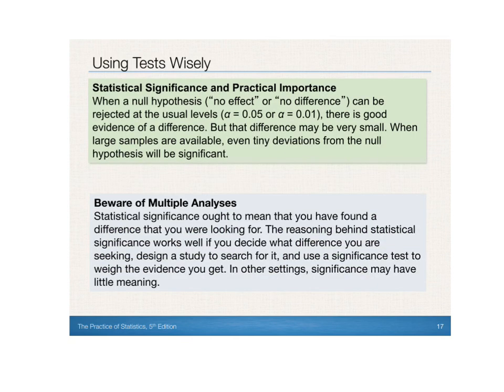Okay, last, statistical significance and practical importance. When the null hypothesis, or basically no difference, can be rejected at the usual levels of 0.05 or 0.01, there is good evidence of a difference, but that difference may be very small. When large samples are available, tiny deviations from the null hypothesis will be significant. So basically, it can be proven to be statistically significant that there is a difference, but that difference itself might not be significant. It might be that there's a difference between the two groups of something super small that isn't